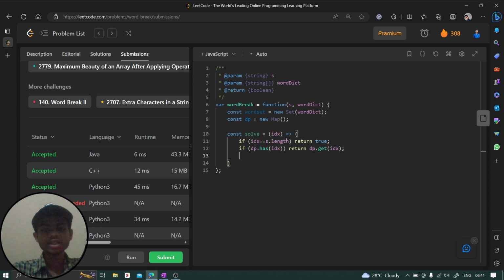Fine. But if it is also not present in our dictionary, you are going to move through all the indices, all the substrings. So for let i is equal to index plus 1, i less than or equal to s dot length, i plus plus. Here first of all, if our word set dot has s dot substring of index comma i, if it is present in our word set